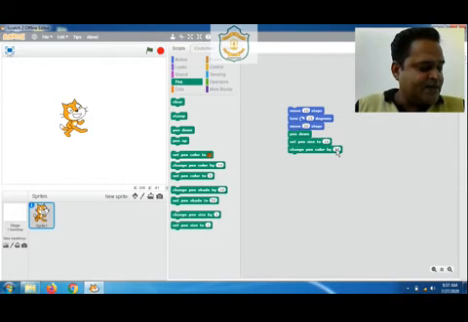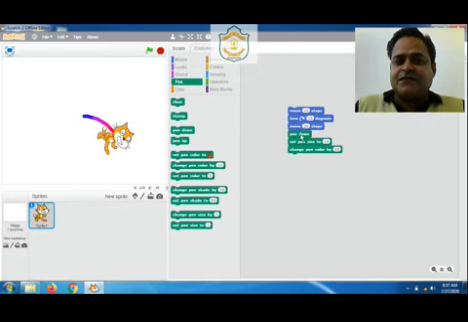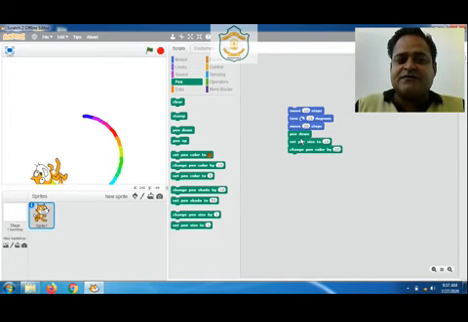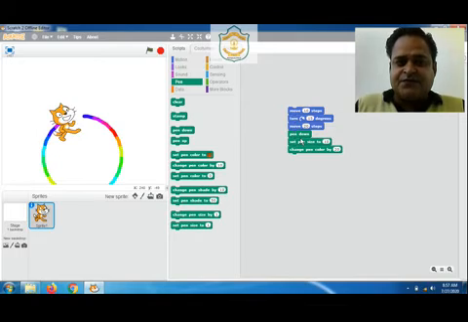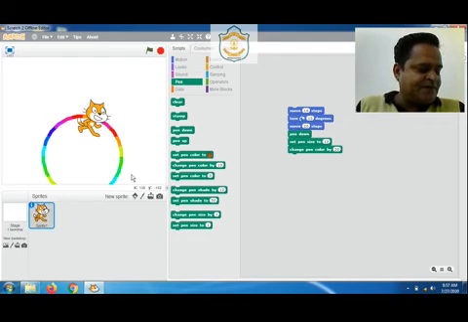Now what next? Execute these blocks, that means keep clicking. Now you can notice your sprite is drawing a circle on the stage with changing colors, as we have used a command to change the color after 20 steps. If you notice, it is changing color after a few steps. I hope this point is also clear to you.